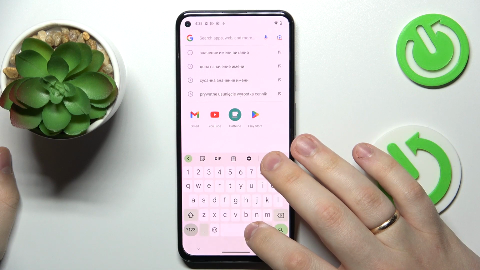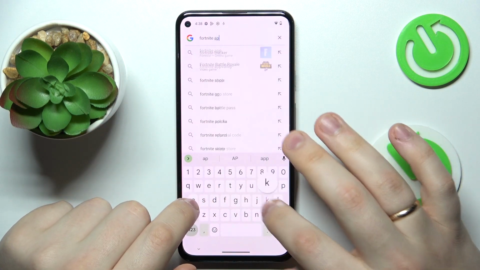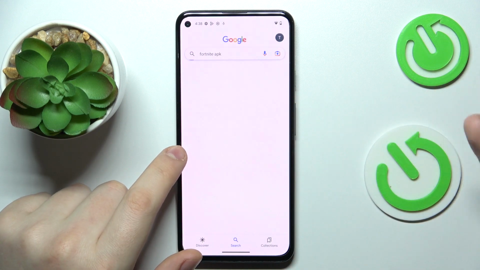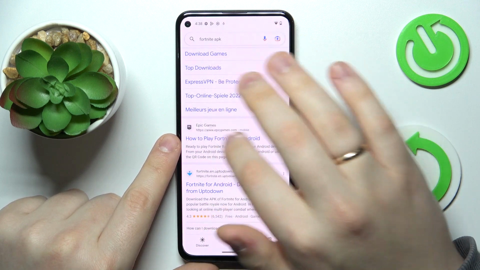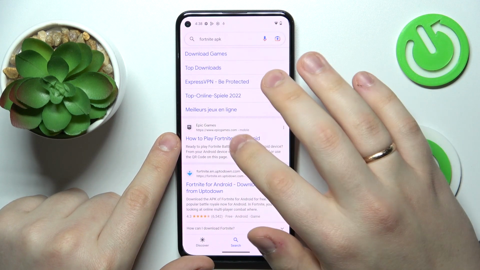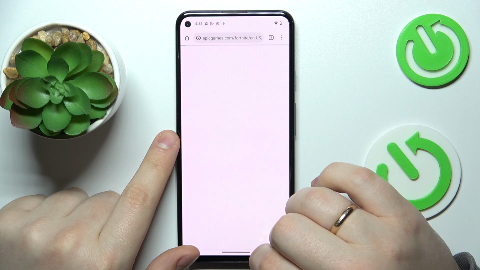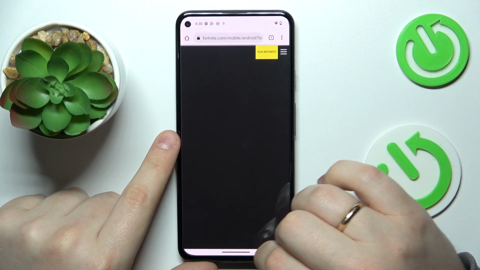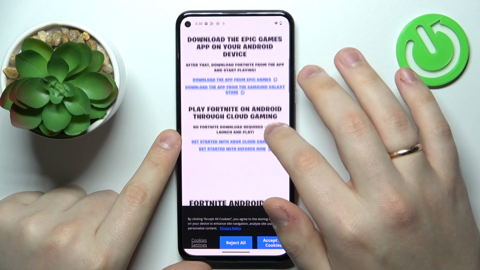After that, open the Google search bar, type in the Fortnite APK query, hit that search button. After that, among the search results, look for the official epicgames.com website, then go for it. Once the web page gets loaded, we are going to look for one specific link that says download the